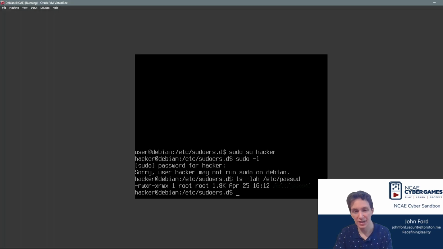So to fix that, I can say sudo chmod, and let's just say we're taking away write access from other, so I can say o-w, or I could use numbers if you prefer using numbers. So 755 /etc/passwd.